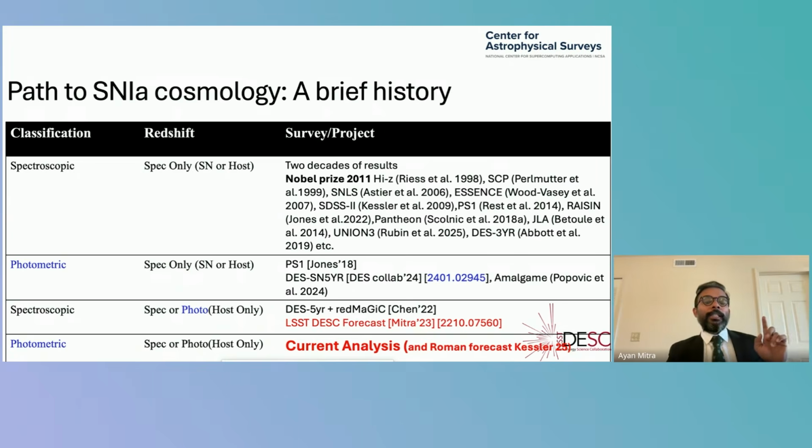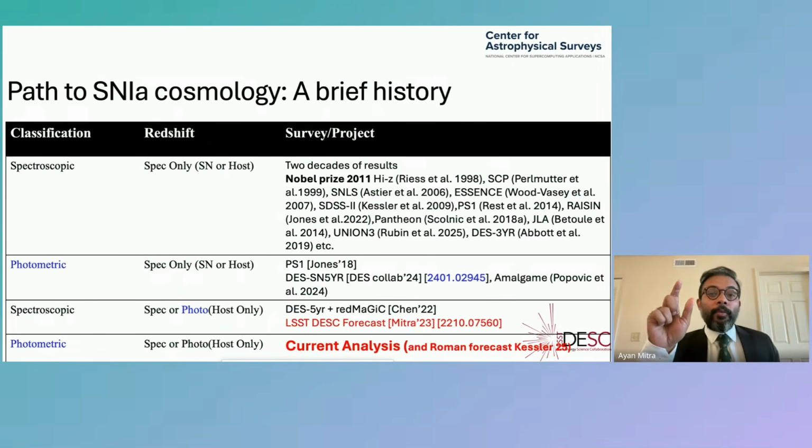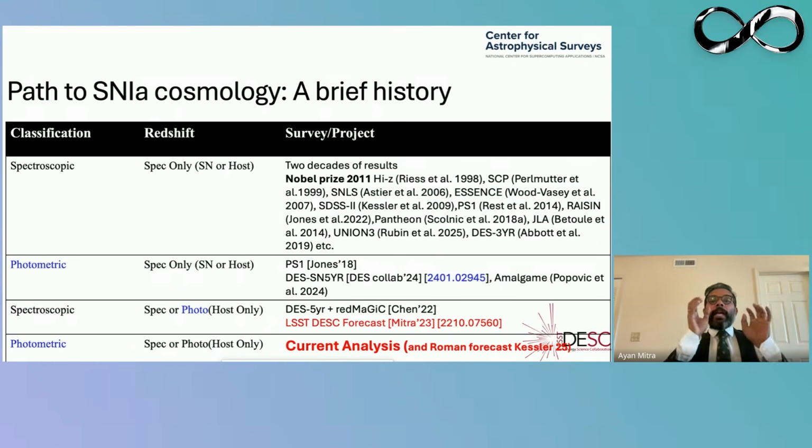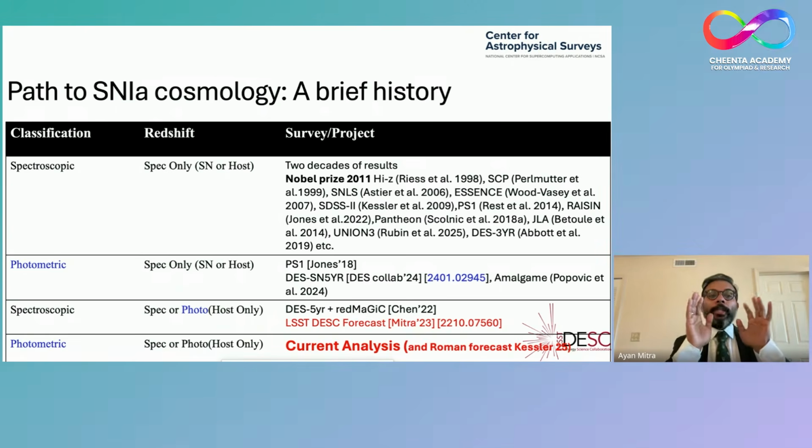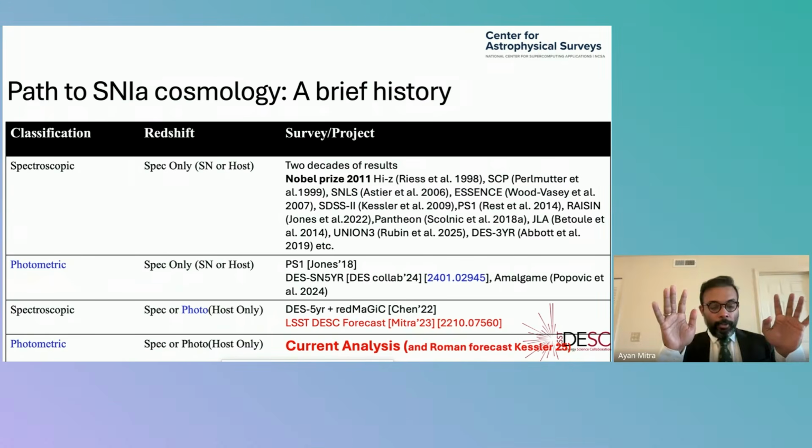Why I'm saying all this is because in the history of supernova measurements in the last 50 years, initially there were very few supernovae: 10, 20, 50, 70. For example, the supernova sample that won the Nobel Prize had only 50-something supernovae. So you could cherry pick them, study them thoroughly using a spectrometer, and point telescopes at them.